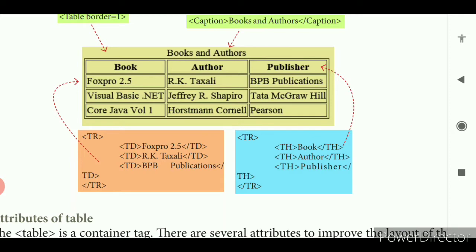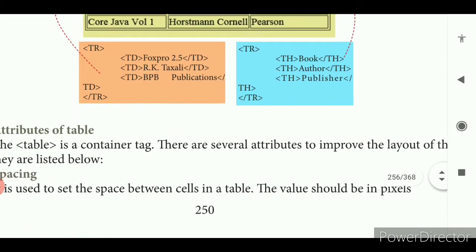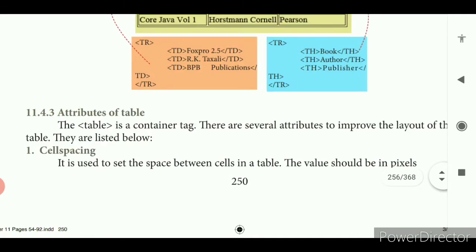Then your table border is there. A table row is Fox Pro, Taxali, PB publications, like that. A table column is book: Fox Pro, Visual Basic, Core Java. So a row is the horizontal line used to represent horizontal line data. A column is used to represent the vertical line data.